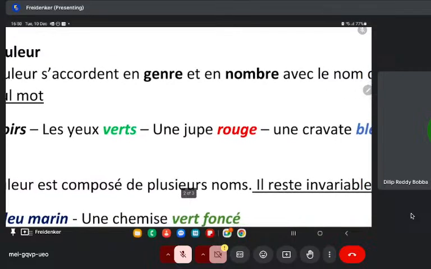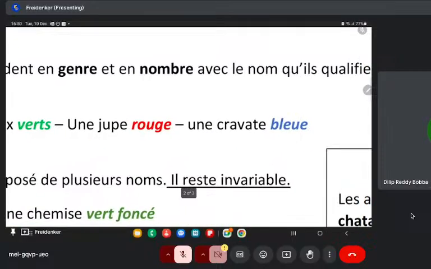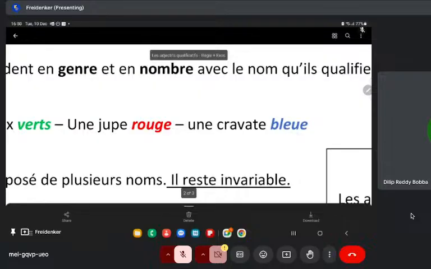Une jupe rouge. So jupe is a skirt, so a red skirt. It's already ending with an E, so you don't have to change anything. Jupe is feminine, right? Une cravate bleue. A cravate is feminine, so this got an extra E because blue is simply BLEU. We added an extra E because